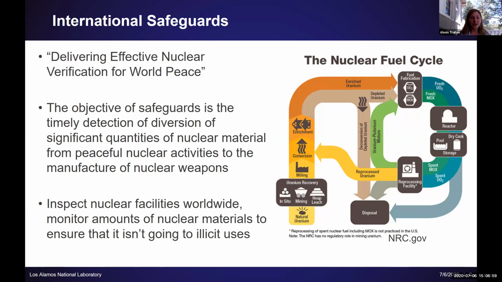Okay, on the right here, I have the nuclear fuel cycle, just as a reminder. You can see that we have natural uranium that's mined. It goes through milling, conversion, enrichment. At that point, it might be made into nuclear fuel, which would go into a nuclear reactor. After going through the reactor, it would come out as spent fuel, be stored in a pool or in dry cask storage, and then it may go off to disposal, or it could go off to reprocessing.